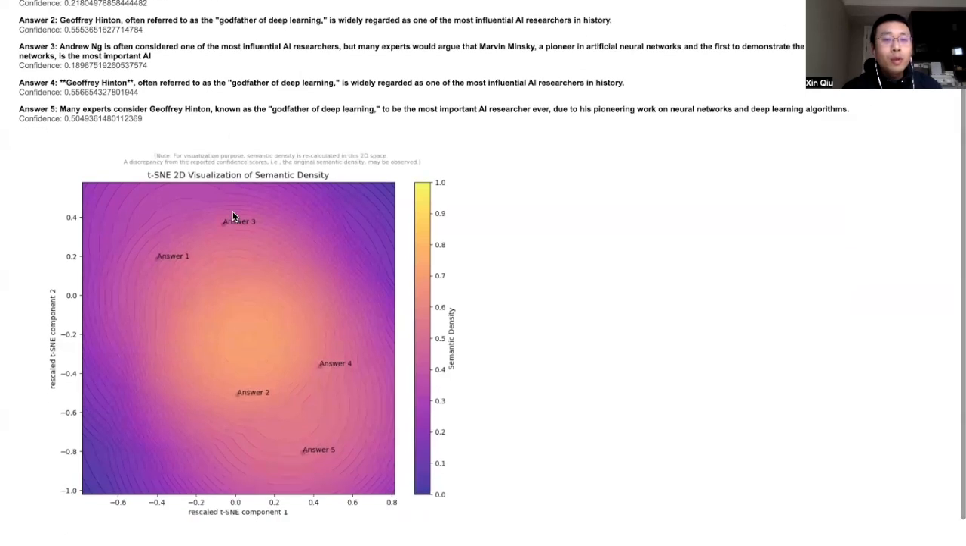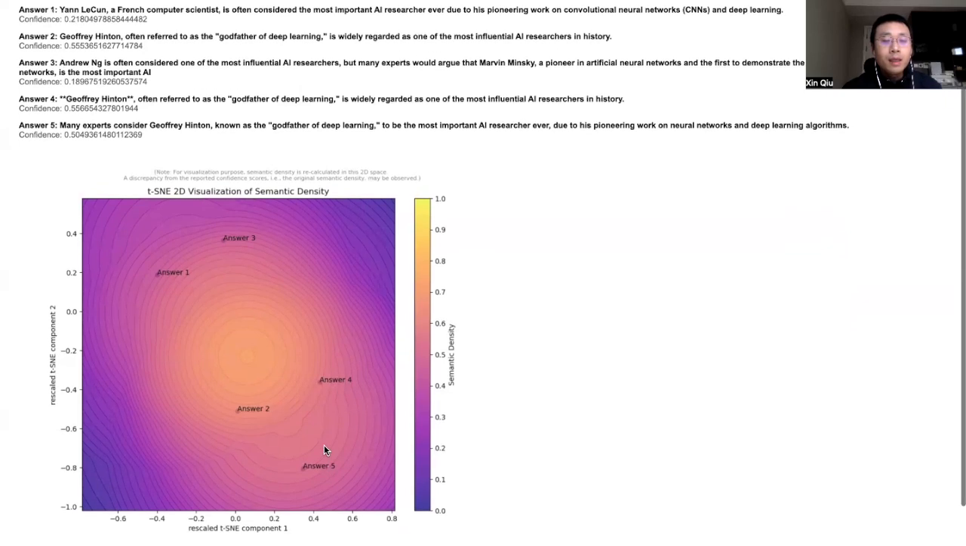And we also plot a 2D visualization of the semantic space for the output distribution to this question. In this semantic space, the distance between two answers reflects their semantic similarity. So we can see answers 2, 4, and 5 are clustered closer compared to answers 1 and 3. And also the color of this heat map shows the semantic density scores, which can be treated as a confidence score. So if we see a higher semantic density here, it means this answer should be more trustworthy and